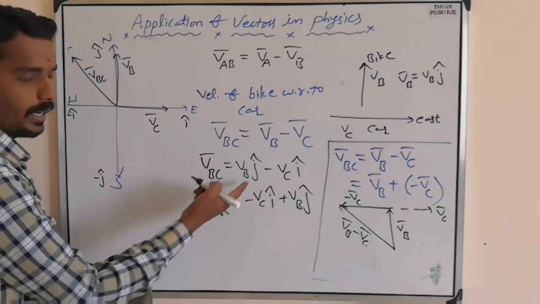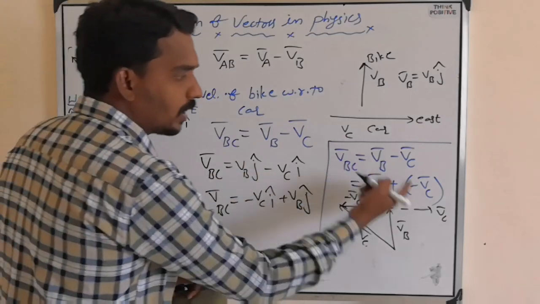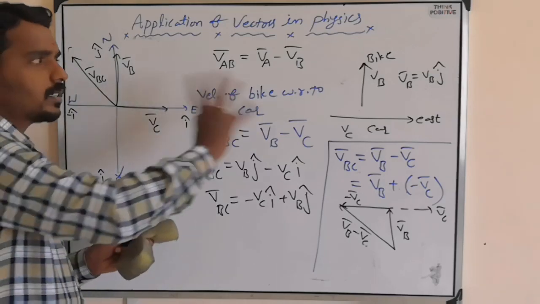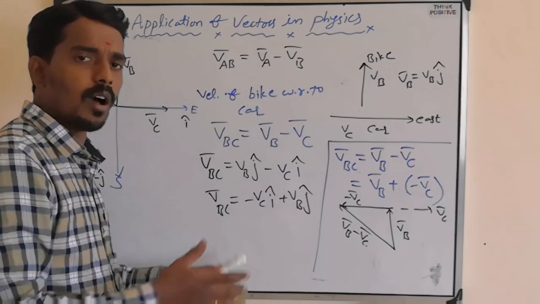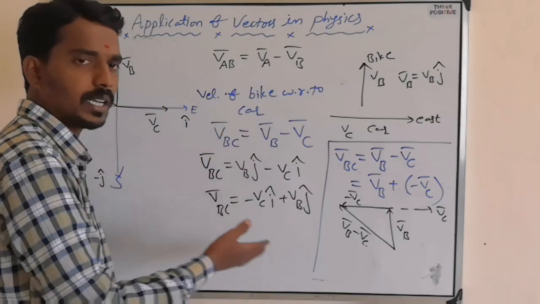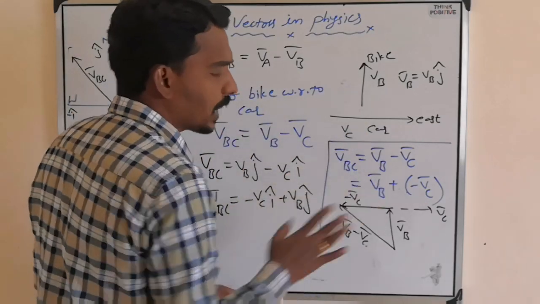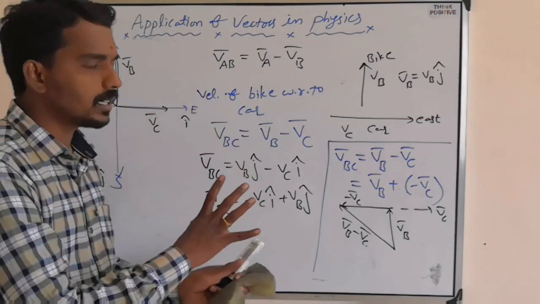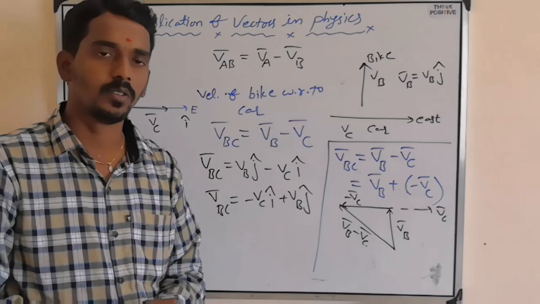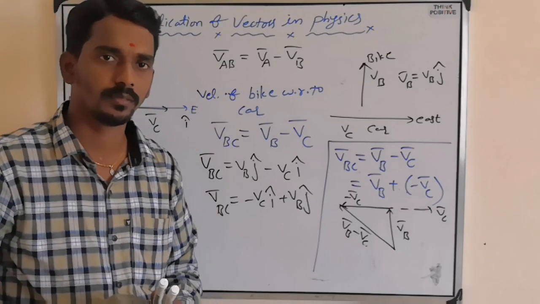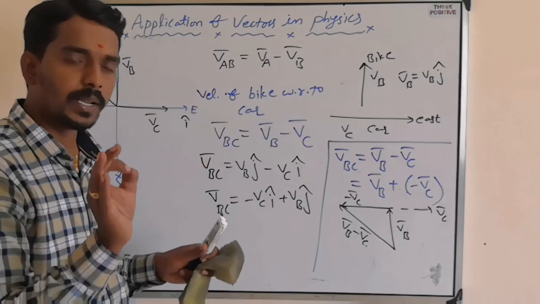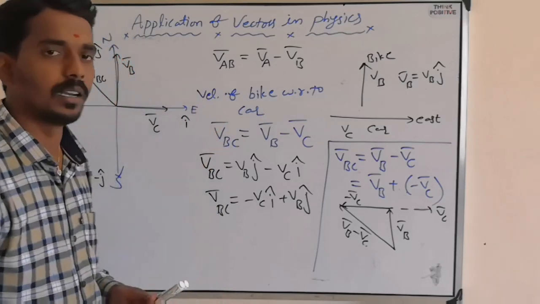So I can find this using the triangular law. That's why, to solve such types of questions, you must use vector notation only, either vector notation or vector addition or subtraction. Relative velocity questions can be done only by using vectors, no other option. So that is the way you need to understand. I'll explain one last and final case.